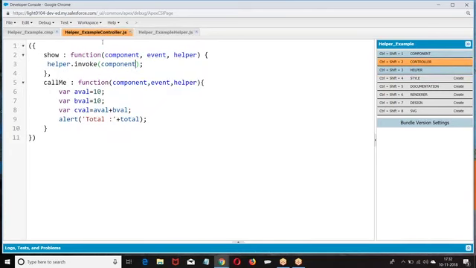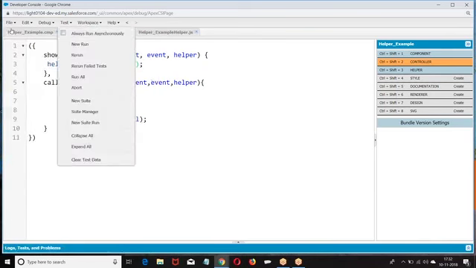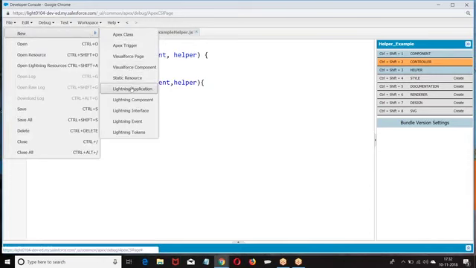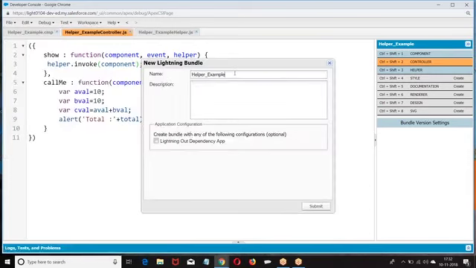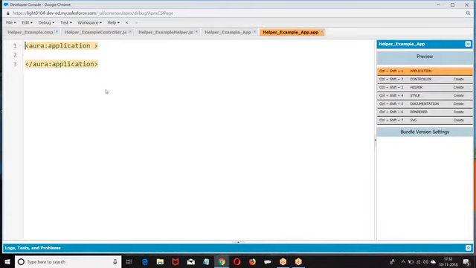Then go to the lightning application, example, and preview.